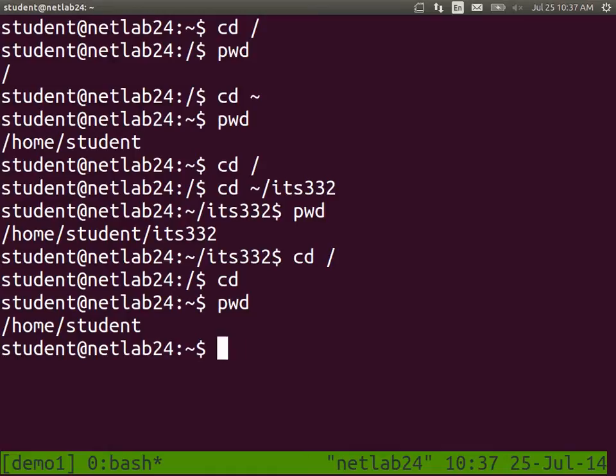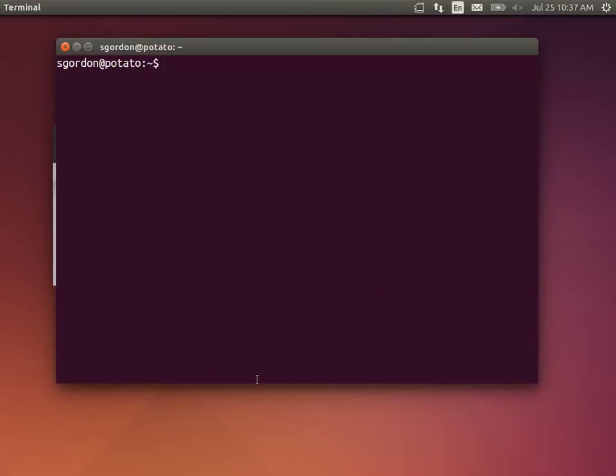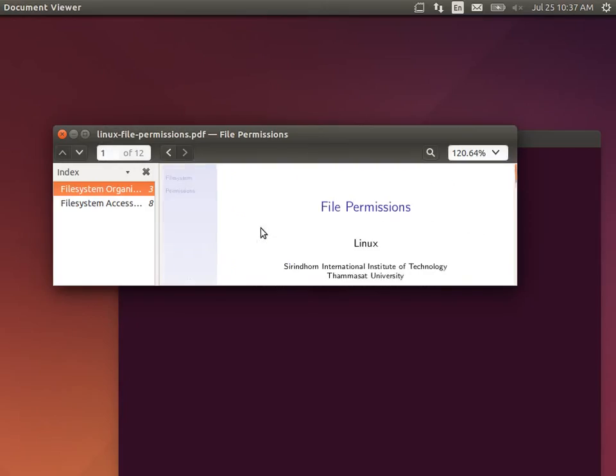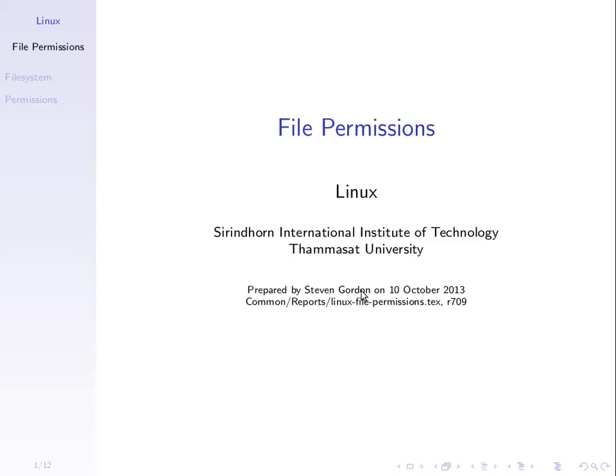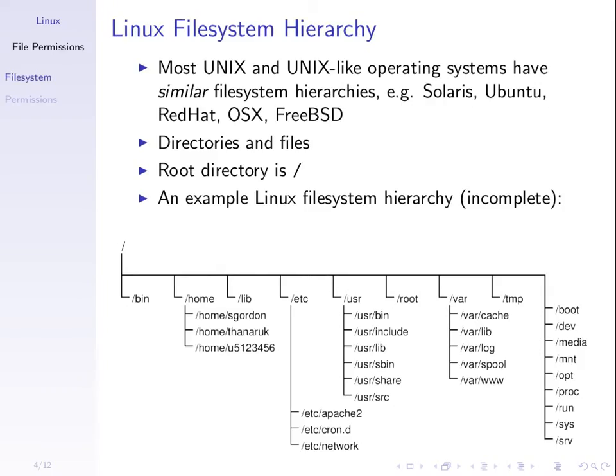Maybe, what does the file system look like? We said in the root directory, there are some subdirectories. I've got a slide that tries to capture those subdirectories, or some of them. It's usually common across different Unix and Linux-based operating systems. These slides are on the website and on actually the ITS332 directory, but I'll go direct to one of them. The file system hierarchy